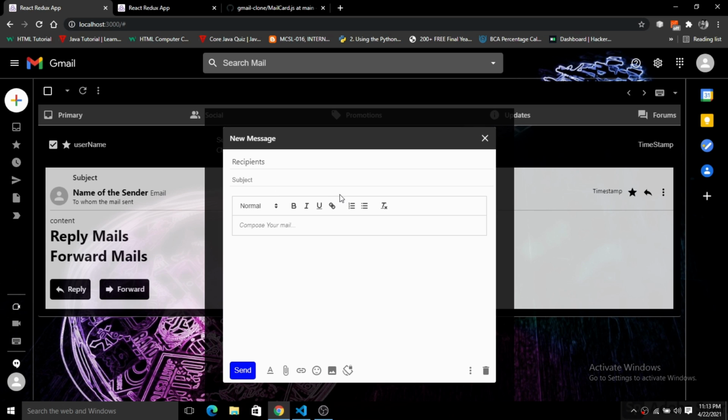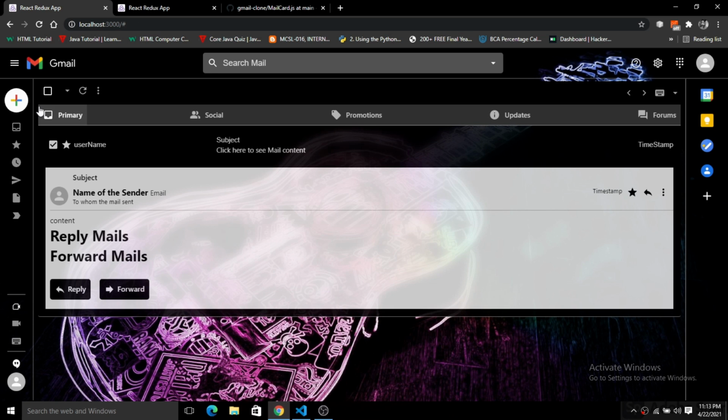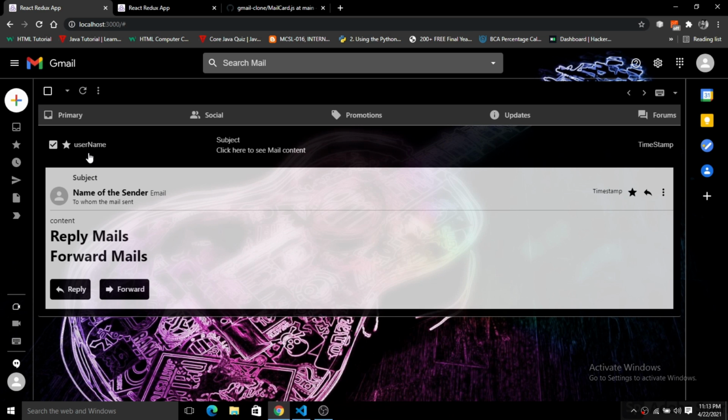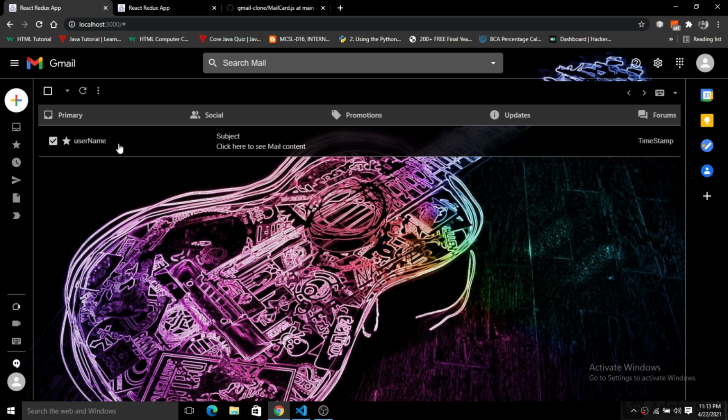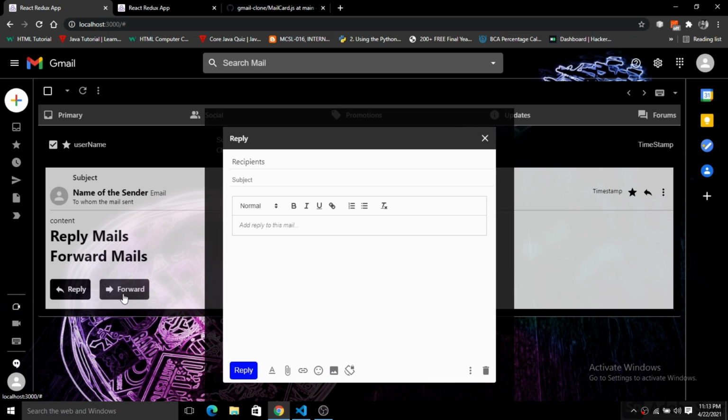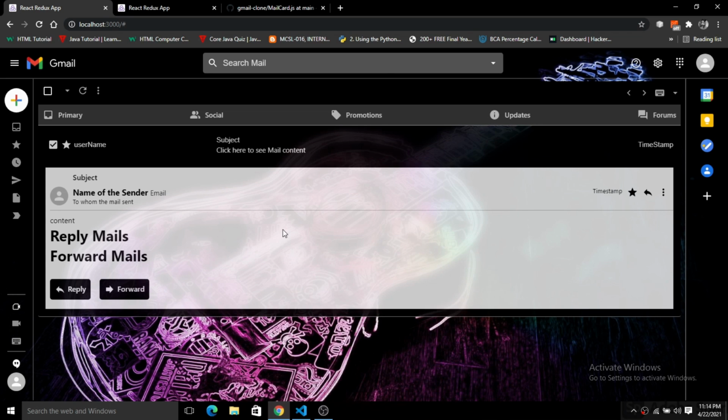So in this part we have created a modal pop-up for the compose here. So when we click on this, we have this compose mail feature here. Okay, we have added a mail card, just like using this accordion. As you guys can see, this is the accordion that we are talking about. Inside of this accordion we have three things. One is reply, and here we have this forward and the reply here, that is working very correctly here. So we have the forward and the reply features here. Okay, so we worked on the forward and the reply modal pop-up.